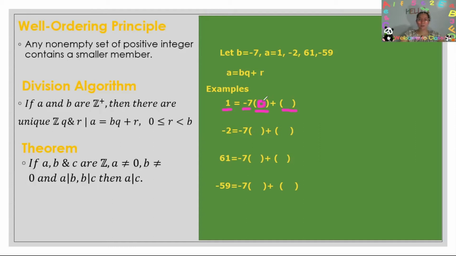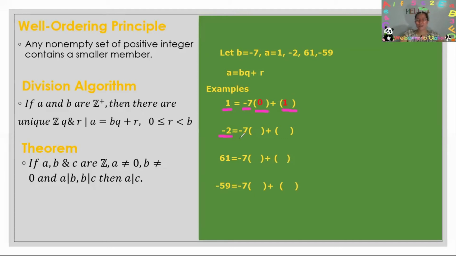Let's write it. That would be 0. And for our remainder, of course, if 0 is the quotient, then probably the remainder would be 1, right? There you go, 1. And next example, we have -2 as the value of our A